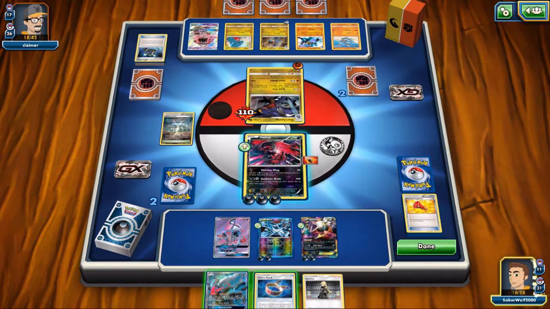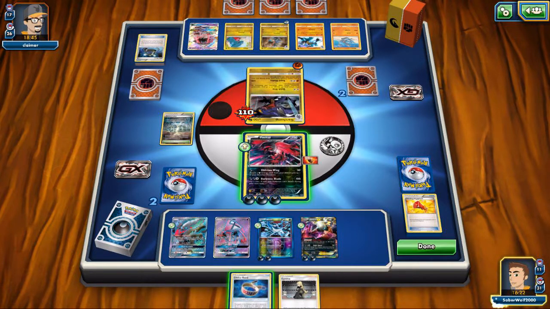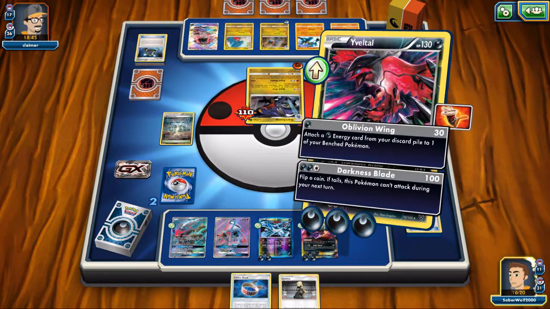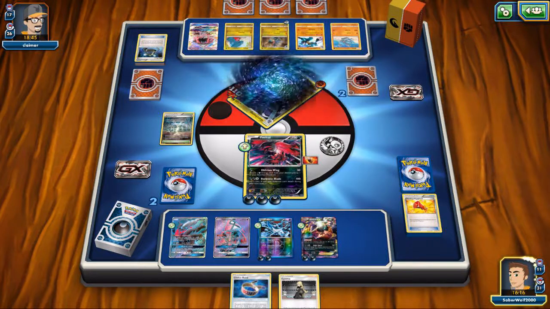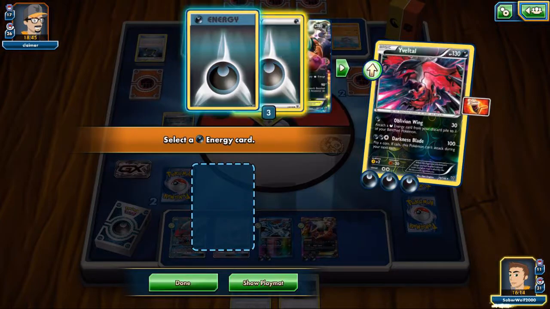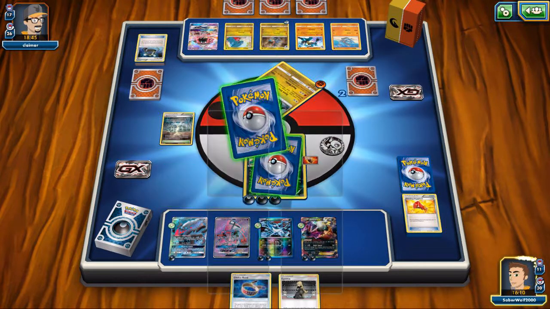We're going to promote Yveltal actually, so I can get the free Darkness energy too. And let's play down Darkrai GX as well. So all we've got to do is use Oblivion Wing. I don't even have to use Darkness Blade. And I'm feeling really good right now because I know he can't use something like